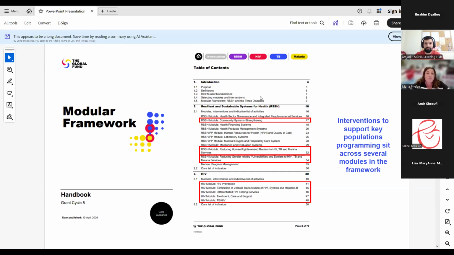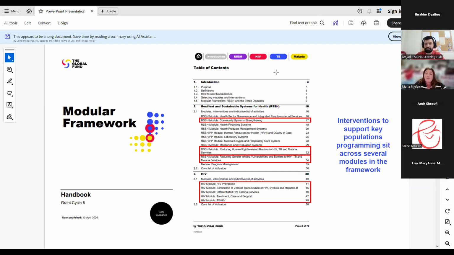So obviously HIV prevention and the HIV modules are the key areas where the modules for KP HIV programs are. The HIV prevention modules in the handbook have been streamlined. Previously, interventions were structured by key populations, so condoms for sex workers, MSM, people who use drugs, trans and gender diverse people, for example. Now the core prevention interventions, for example condoms and community mobilization, are organized by key and vulnerable populations, which includes key populations and AGYW, as well as other vulnerable populations.